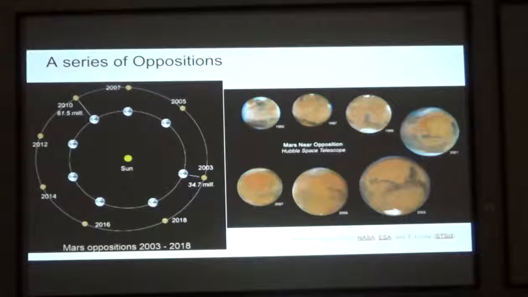So it's exciting. We can time these closest approaches and measure the distances, and over very long periods of time, the eccentricity of Mars's orbit is actually changing due to interactions with Jupiter. So on timescales of tens of thousands